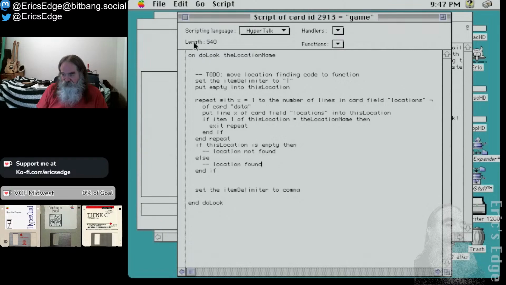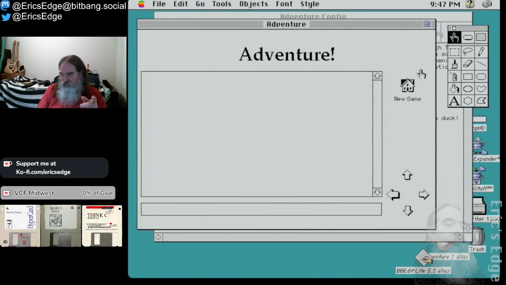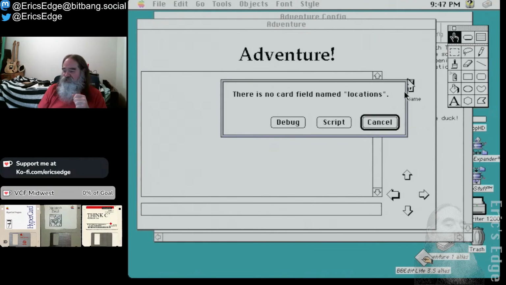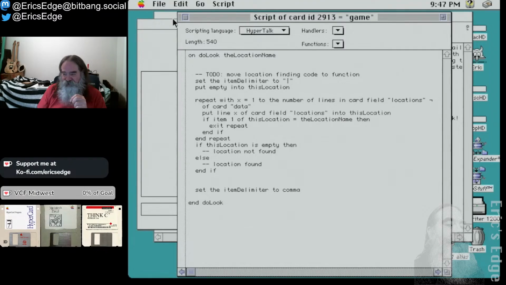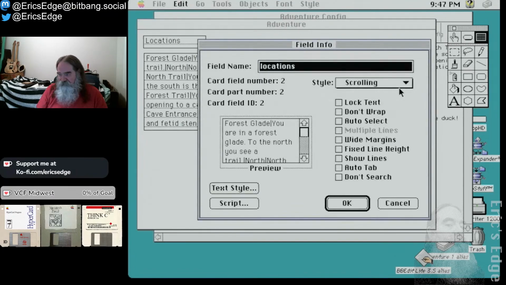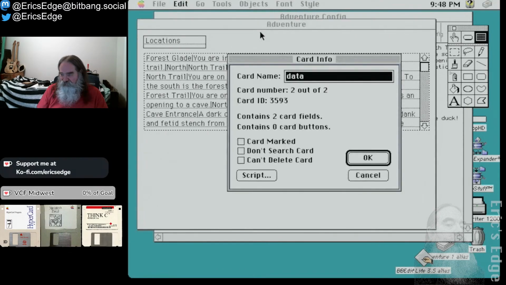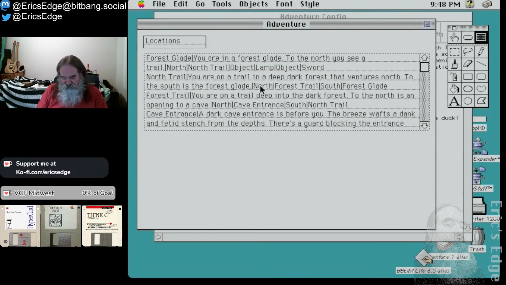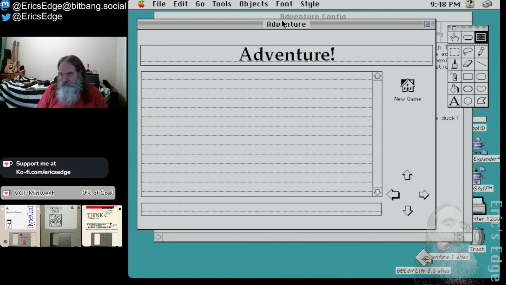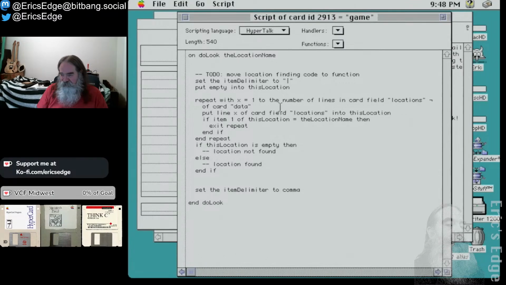So let's close this. We want to send a message, do look to the card. Yes, we're already doing that with the button. There's no card field name locations. Ah, what did I name it? No, it's named locations. Okay, I'm not referring to it the right way. And our card name is data, right? Card info. Data. And card field locations of